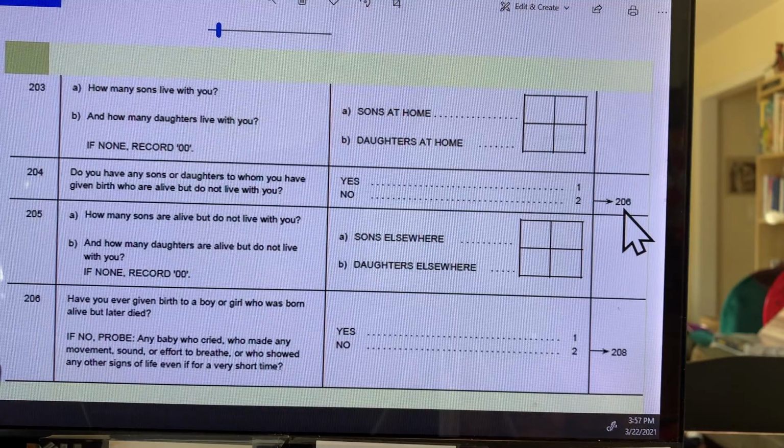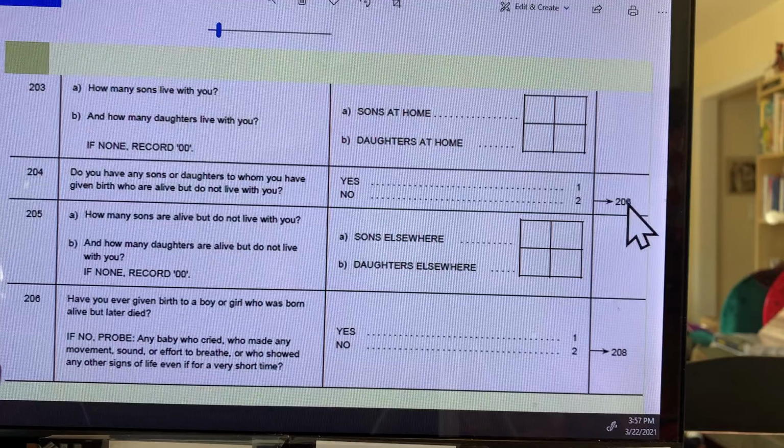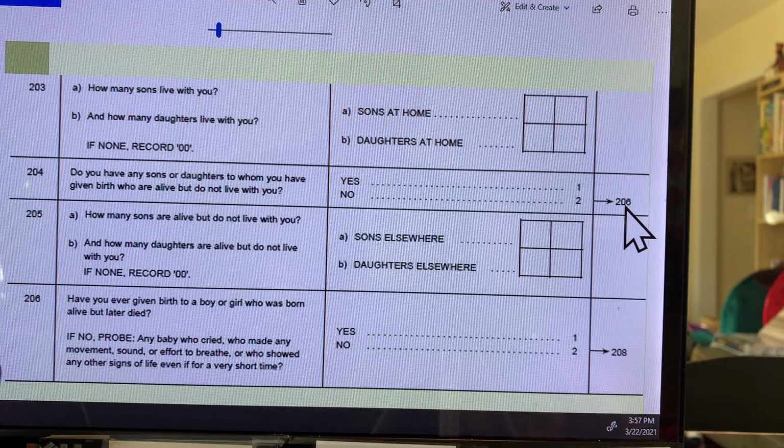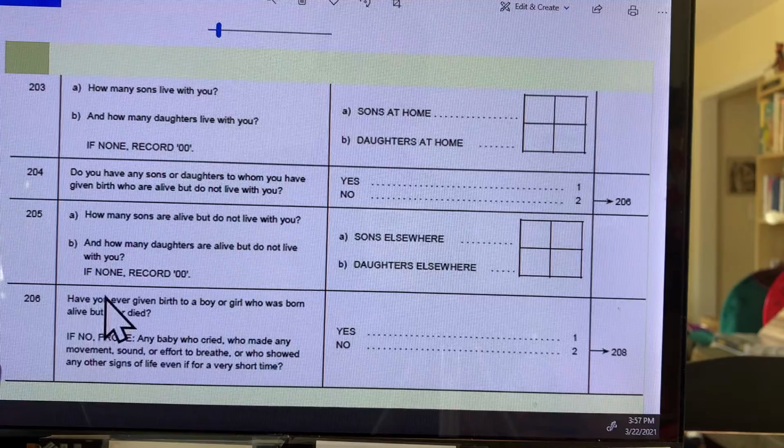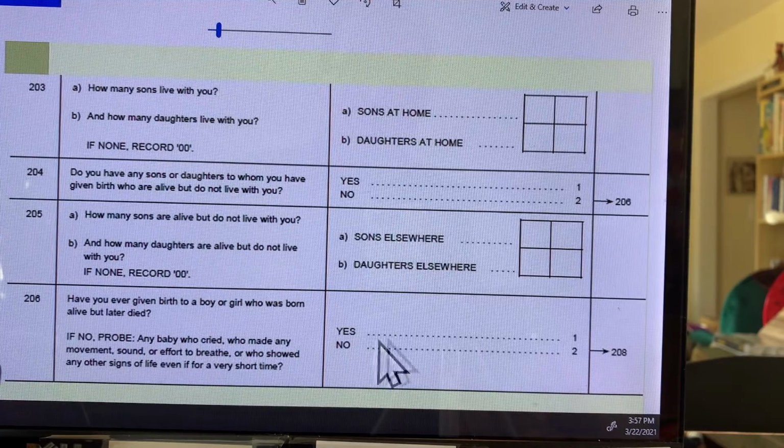So you can see right here that there is an instruction, because if this is paper-based. If it's electronic, if it's digitalized, maybe this skip is going to be done automatically. But if not, the enumerator needs to know, okay, I'm not going to ask that. It would be ridiculous to ask the following one if the person has answered no. So I skip to 206, and that's where you ask the other question, and then obviously you continue here, all right?